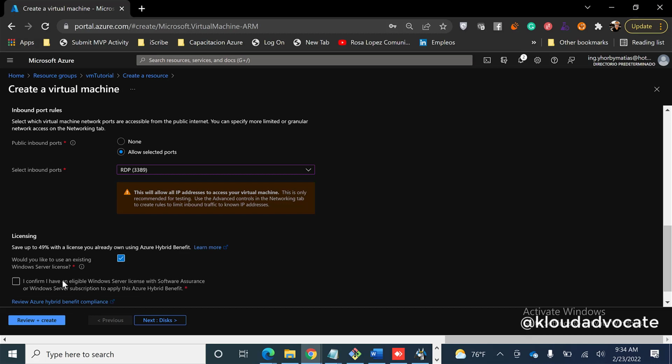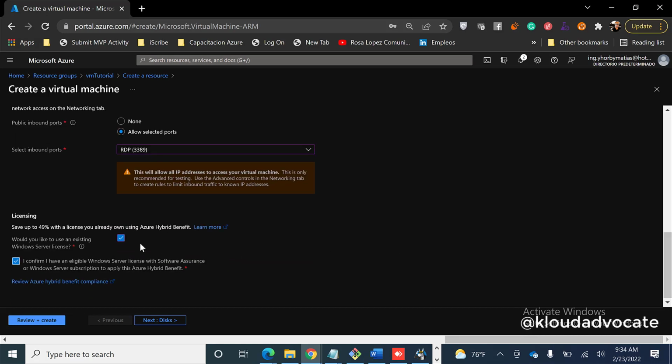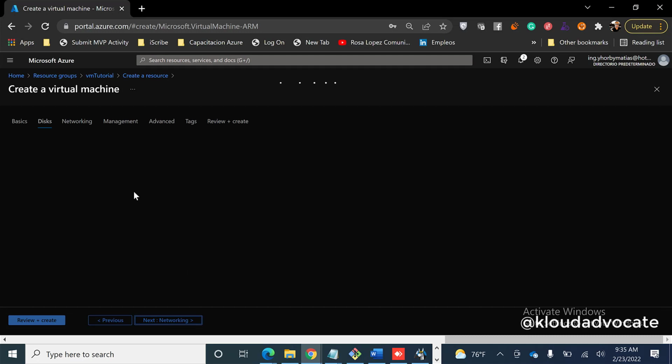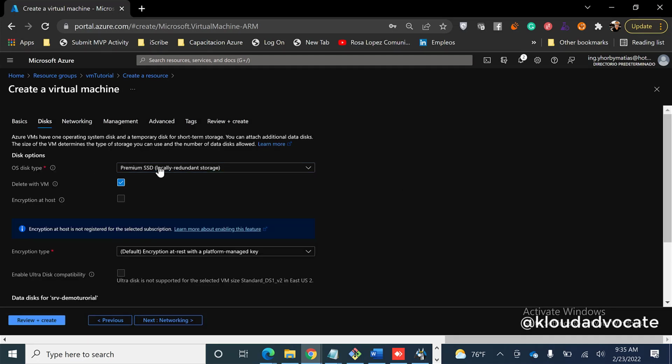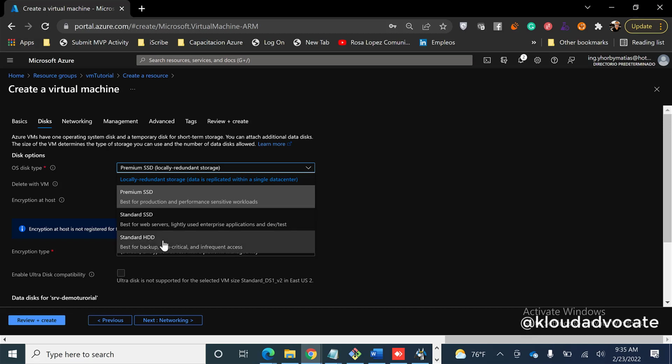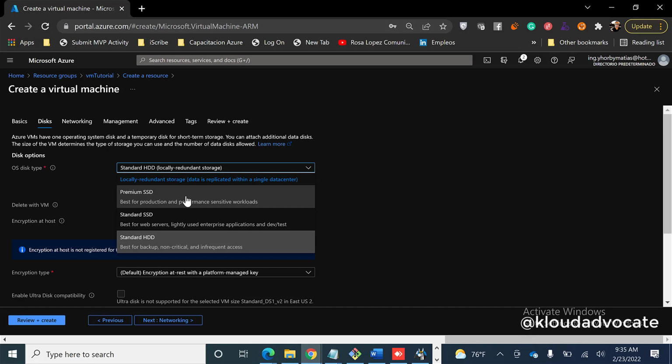We click here, see that we have some licenses here, if we want to have the hybrid benefit. So now in the next section, we're gonna choose the disk. In this case, we're gonna choose the standard hard disk drive because we don't need this premium SSD